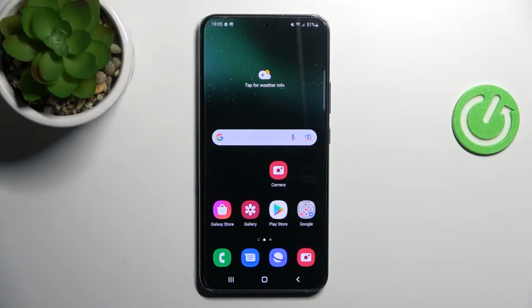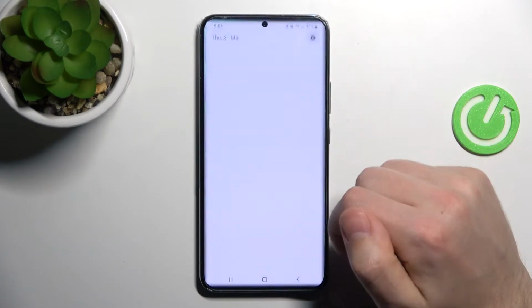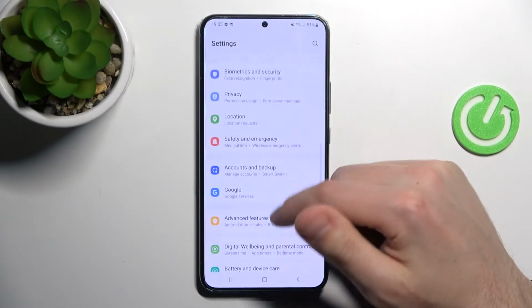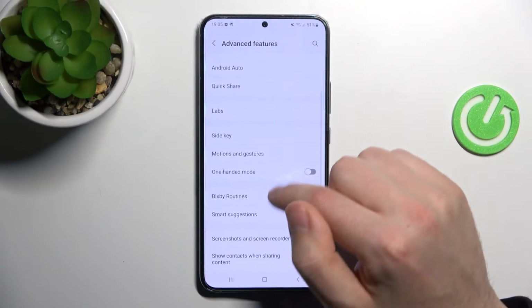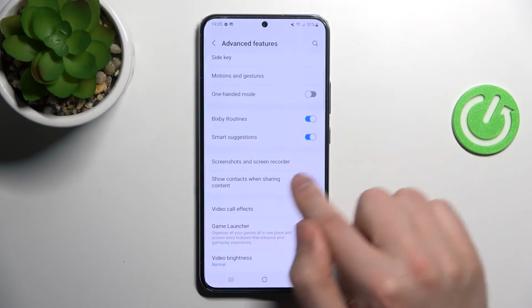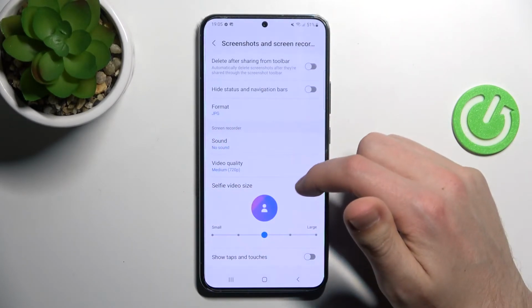Welcome! Today I'm showing how to switch on or off screen touches in the screen recorder on your Samsung Galaxy S22 Plus. First of all, open your settings, then scroll down and go into the Advanced Features option. Here I choose the Screenshot and Screen Recorder option, and as you can see here we got the Screen Recorder options block,